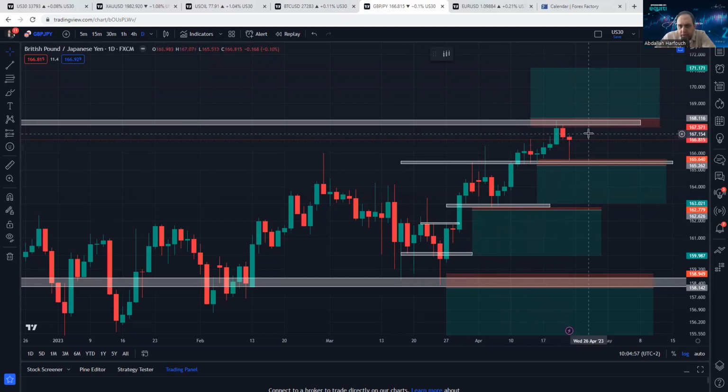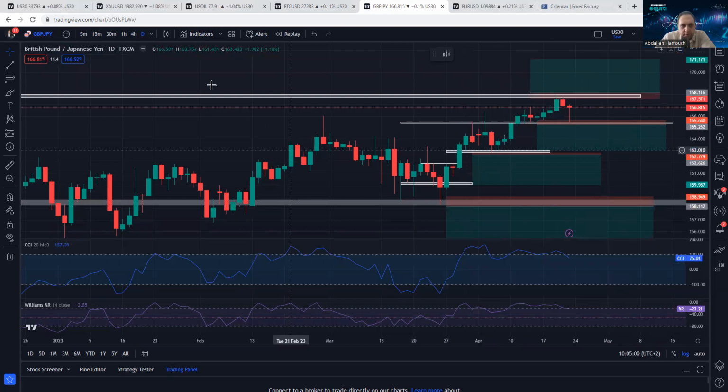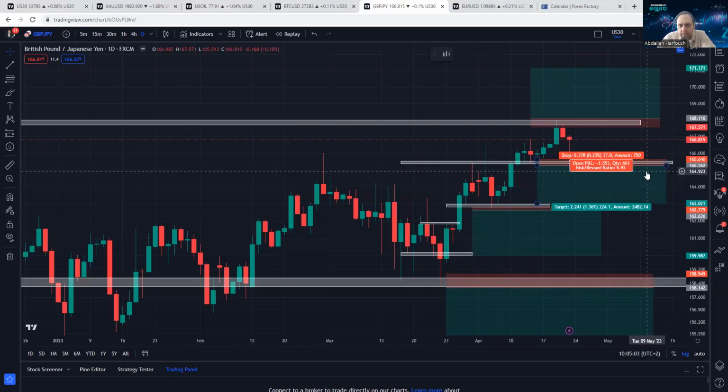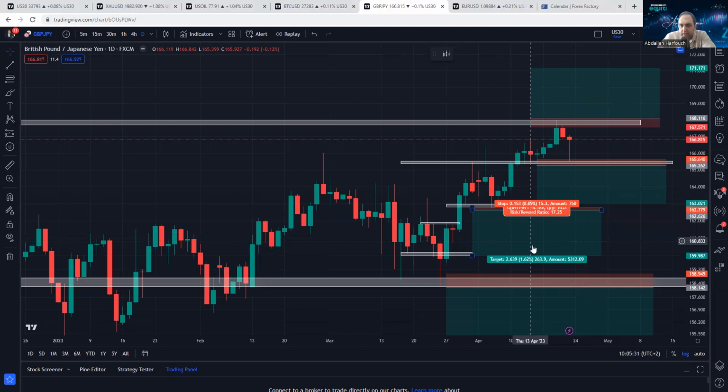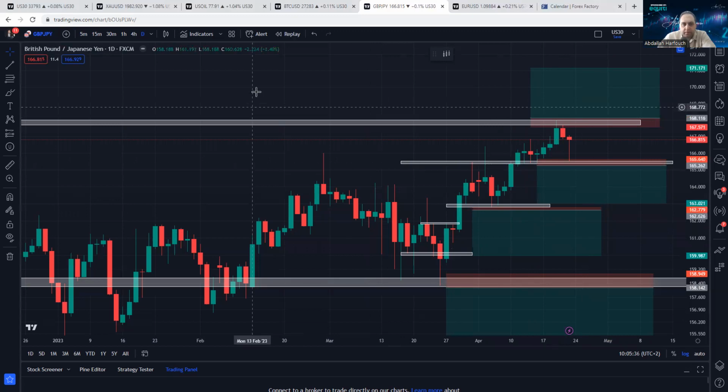Now, if it opens, makes a wick up, and then starts to push down, also because daily we are already up, but that doesn't mean that it will push down for sure. If it made a wick up and then pushed down, breaking this support here for this sell, 165.25, stop loss around 165.60, TP1 165.15, TP2 164.38, TP3 163.20, and I will go more aggressive from last week. 160.50 will be the TP4.